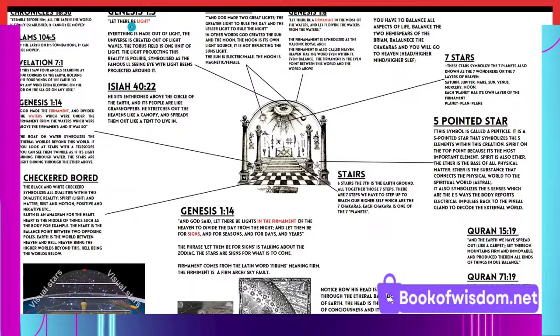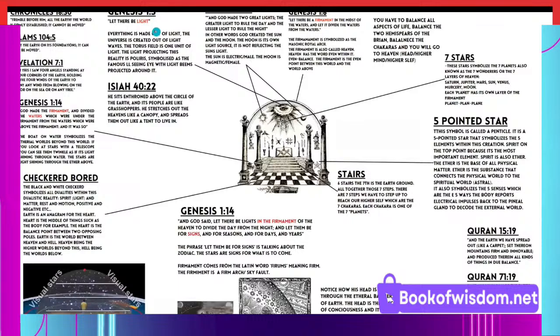Genesis 1:3, sorry: "Let there be light." This is before the sun and the moon were created. Let there be light. Before the sun and the moon were created, light appeared. So what does that tell you? This is a holographic projection from some sort of light being, some sort of projector. And that projector is the all-seeing eye you see in the Masonic cosmology. This is the all-seeing eye projecting the light beams. Let there be light. Everything is made out of light.